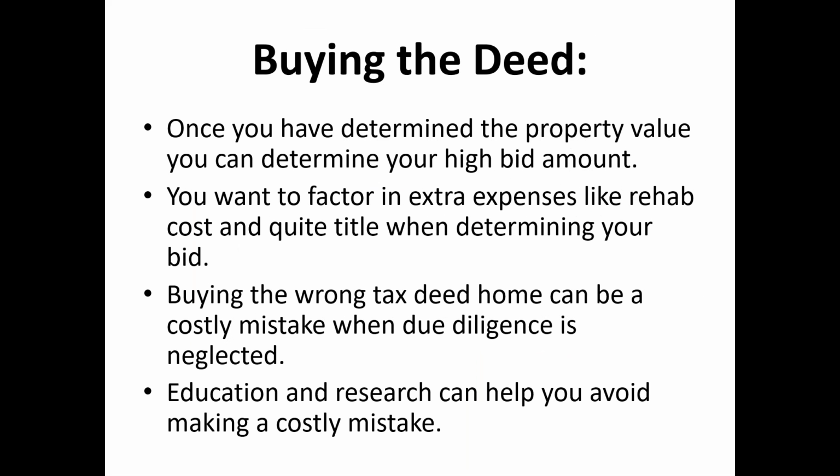So essentially, once we've determined the property value, we can determine our high bid amount. Once we've determined our cost, and figured out what our rehab costs and holding costs are going to be, then we can come up with how much we're willing to spend on the property. But when it comes to buying tax deed properties and these structured properties,